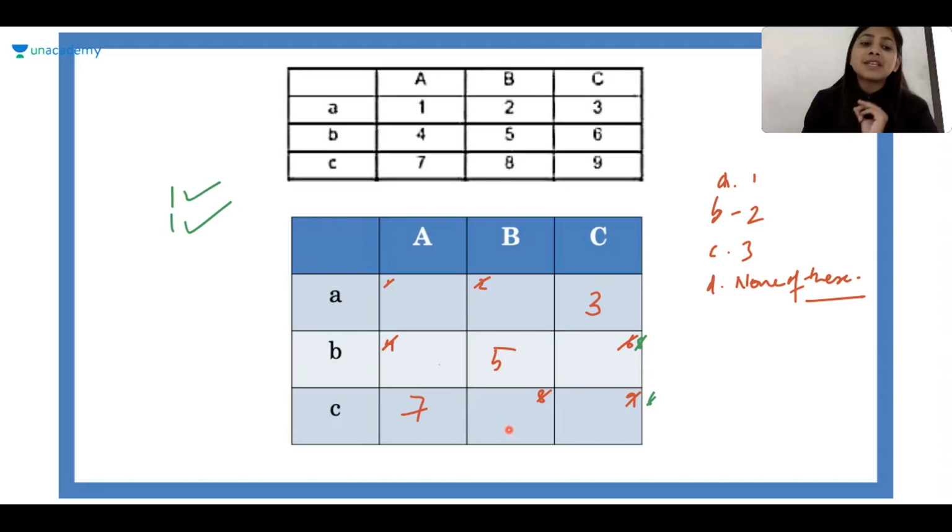Okay, I'm trying to fix the numbers only at A and getting it. I fixed first 2 at A and we got one case. Then we fixed 4 at A and we got another case. Now we will fix what? That's it. We cannot fix 1 here because 1 can't be there. So I think that's it. These are the only 2 cases we'll get. The answer is option B. Clear?